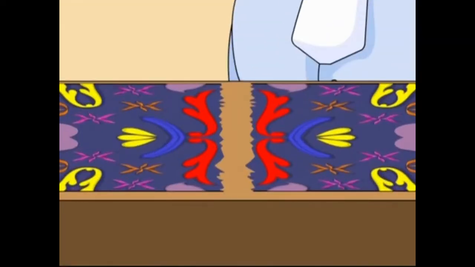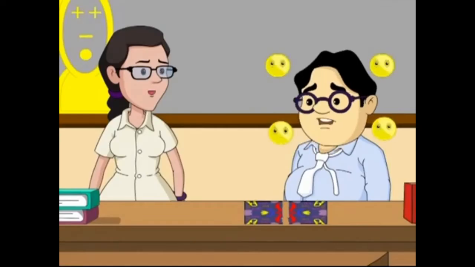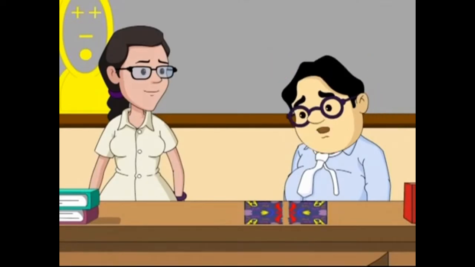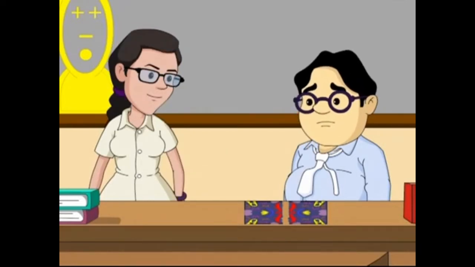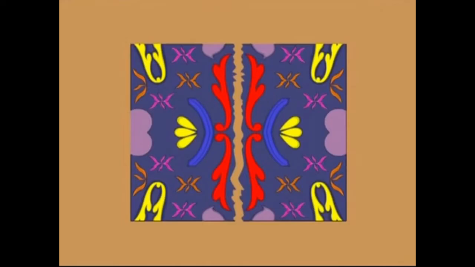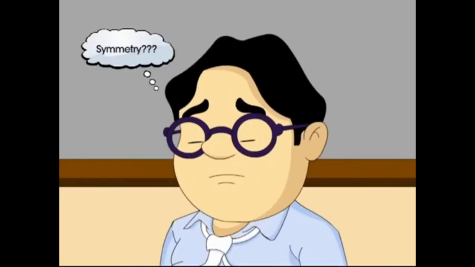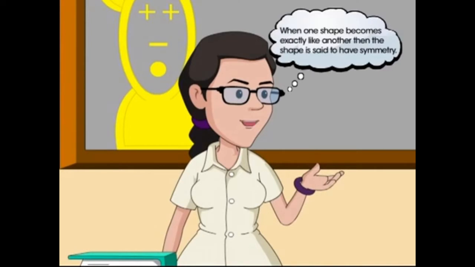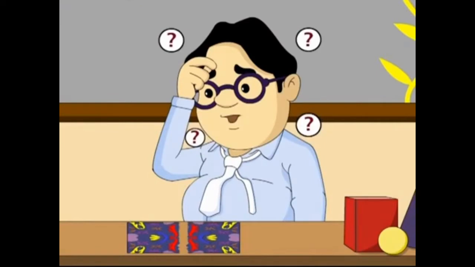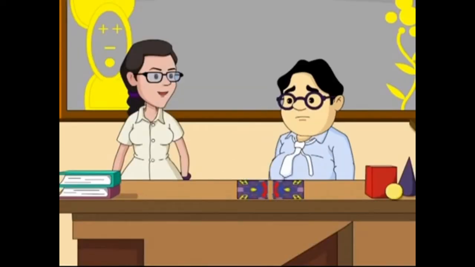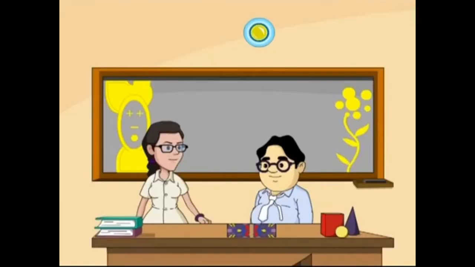Look at the two halves of this torn picture. I have been looking at it for the last 1 hour. No, look at it carefully now. I mean, see the symmetry between these two parts. See? Now, what is symmetry, Miss Marks? Symmetry is when one shape becomes exactly like another, either by flipping, sliding, or turning. Like your picture is torn in two parts in a way that the two parts are mirror images of each other. Why don't we go to the virtual world to learn more about this form of symmetry called line symmetry?